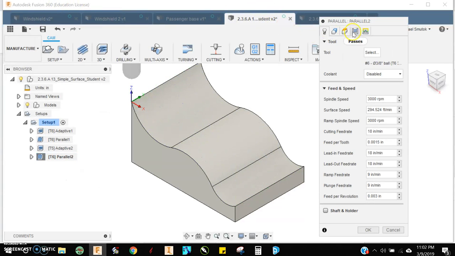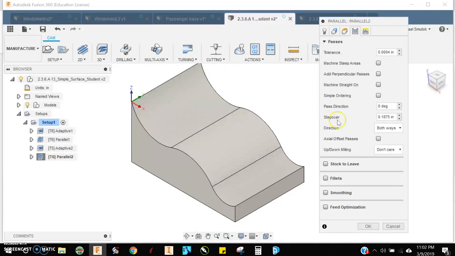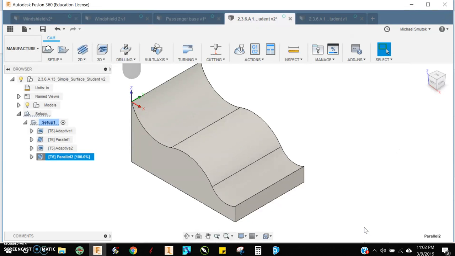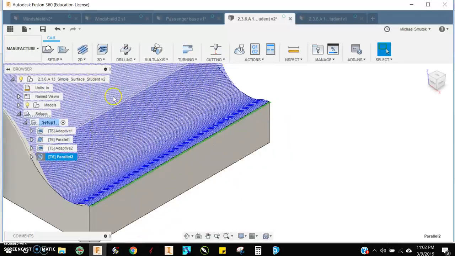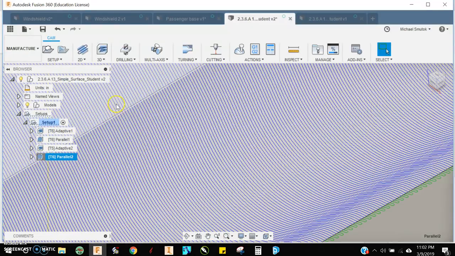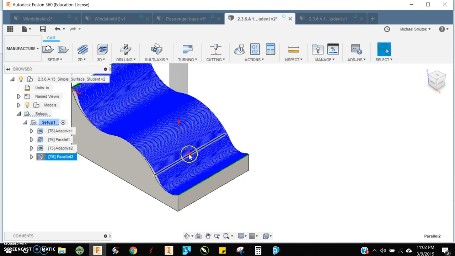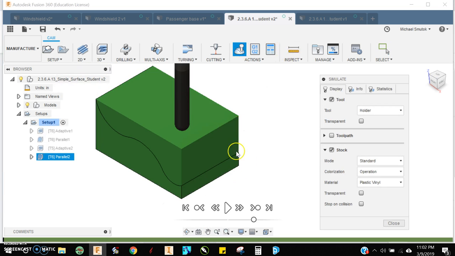First thing I'm going to edit is my passes, my step over. That's the distance that the tool moves every time it moves in the Y direction in this case. I'm going to change that number from 0.1875 to 0.009. Okay, so really, really small amount. And what you'll see is a whole bunch of blue lines, like a really large amount of blue lines. Okay, and they are 0.009 away from each other. If I simulate this now,